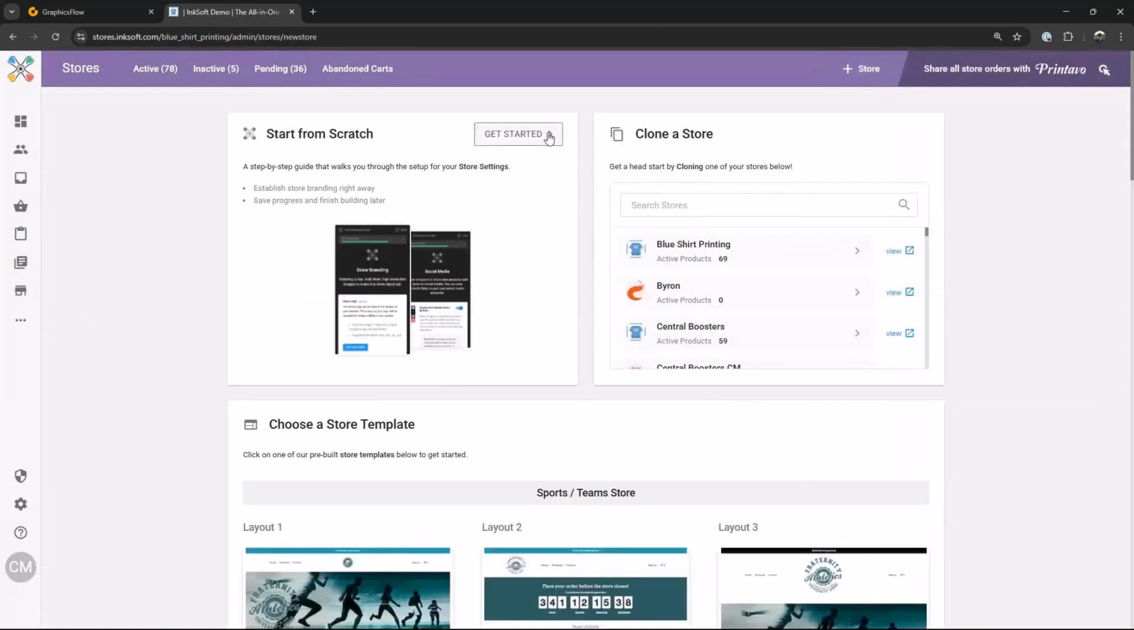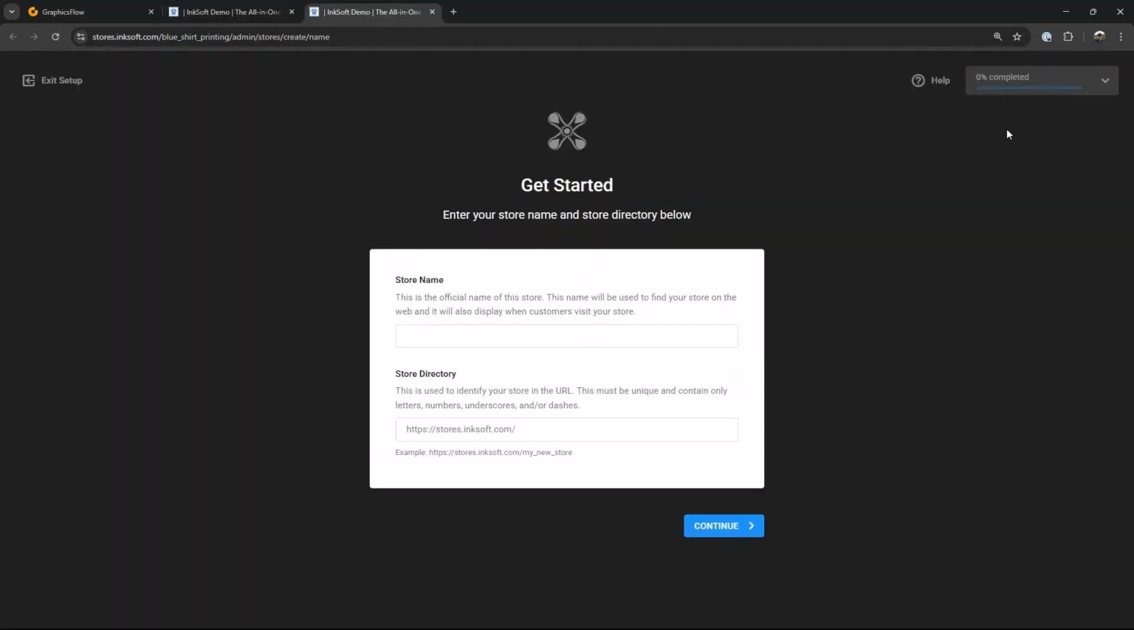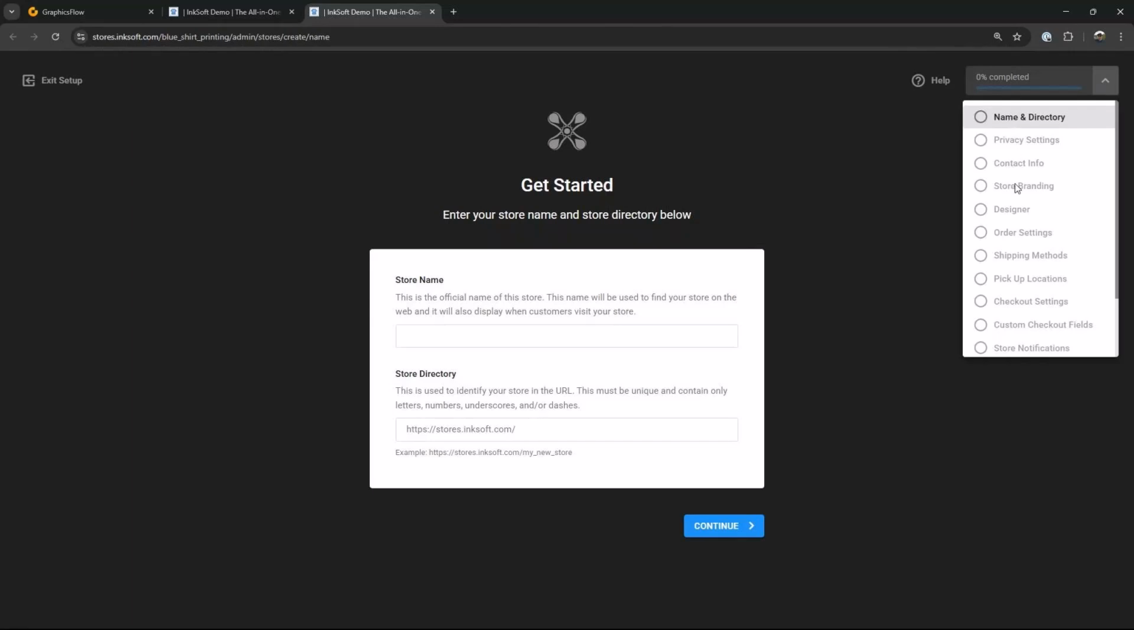I could say get started, and then I go through a wizard-based process where we go through this whole checklist and we pick out all the settings for the store. I would obviously have to name the store, and then I'd have to include the URL I want to use. We can use that URL to get it started, but once the store is created, we can go into the